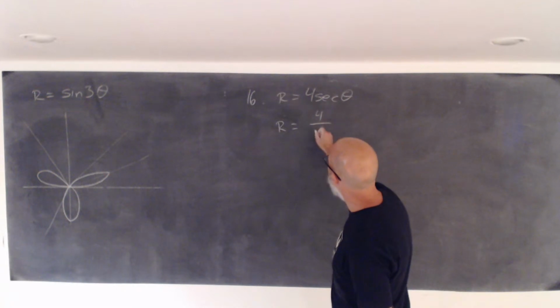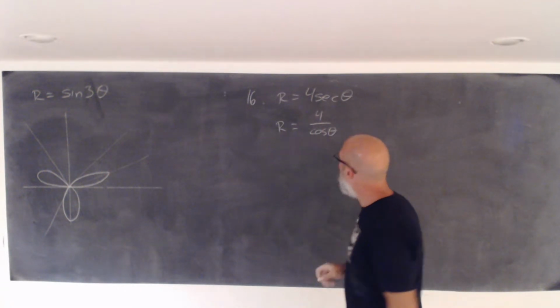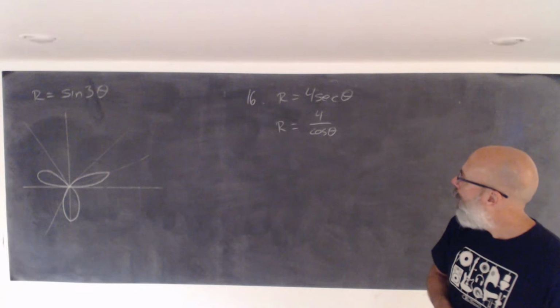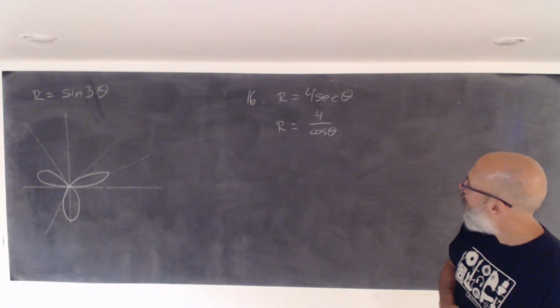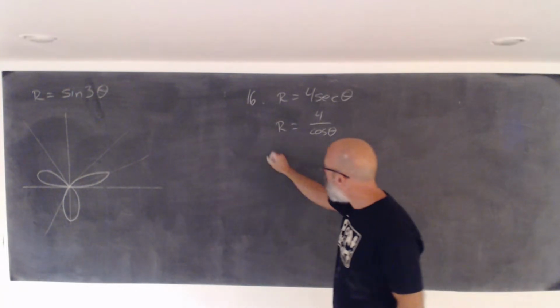You know secant is 1 over cosine. So that's really r equals 4 over cos. If you bring the cos to the other side,